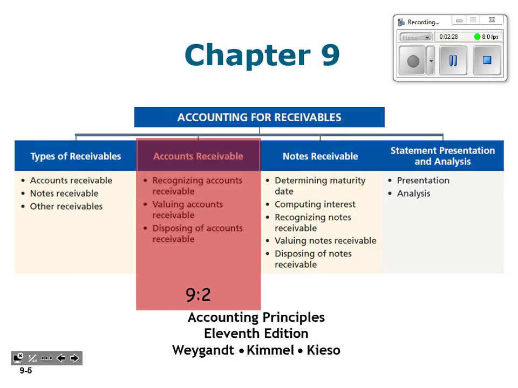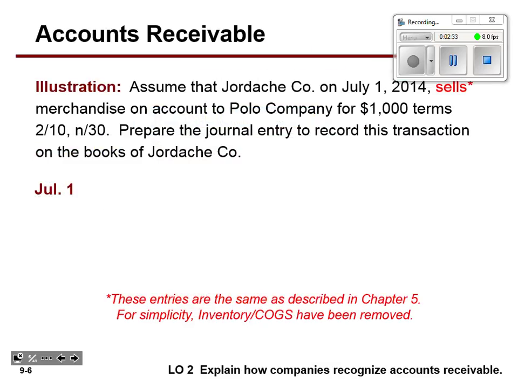The second section could take days to get through. We'll see how far we get. So it rolls right into some journal entries, and I would assume this is in your supplemental notes. You're going to read this entry and go, how is this any different than what we've done, Mrs. Mars? Assume Jordache Company on July 1st sells merchandise on account